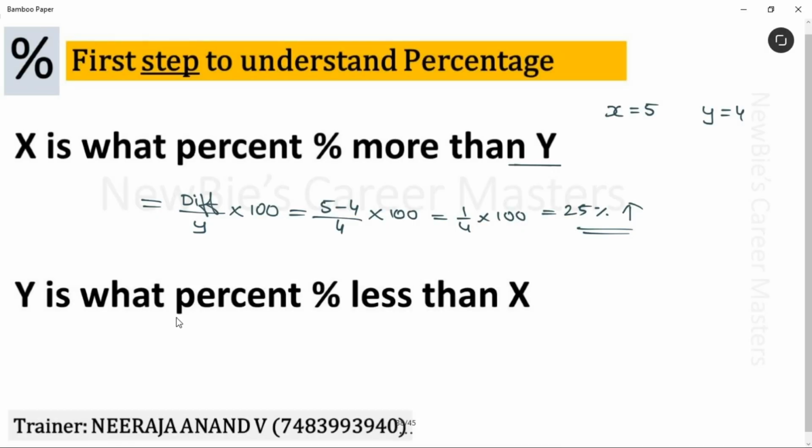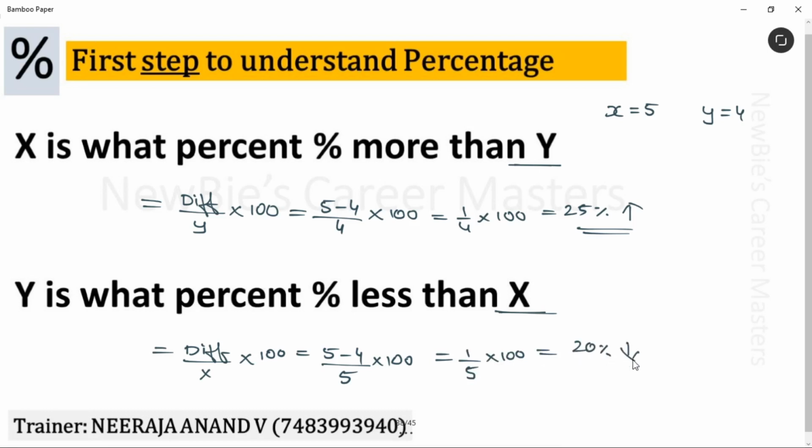Let's discuss this question now. Y is what percent less than X? Okay, formula for this question is difference divided by comparison, and the comparison is with X now. Let's take X value to the denominator into 100. That's it. Difference 5 minus 4. X value is 5 into 100 which is 1 by 5 into 100. We get the value as 20% less. There we got 80%. No? How much is it less than 100? 20. That is what we are getting here. Okay, Y is 20% less than X, or else we can say Y is 80% of X. Both are the same. I hope this is clear.